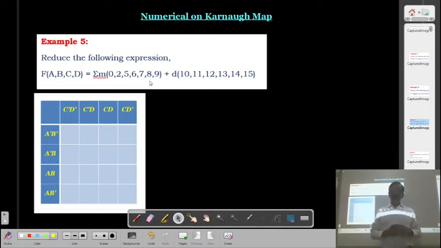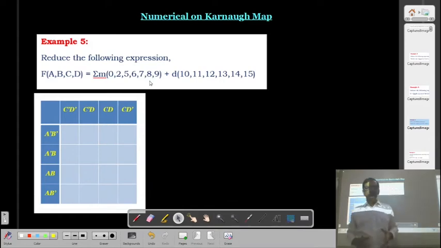So what will happen in certain cases, when we are preparing a truth table, in the truth table we have combinations of the variables. But certain combinations of the variables are never going to occur. Suppose we are talking about a BCD number, then a BCD number is from 0 to 9. But if we prepare the truth table, it will be from 0 to 15. Now in BCD we know that 10, 11, 12, 13, 14, 15 are not going to occur. These combinations are not going to occur.